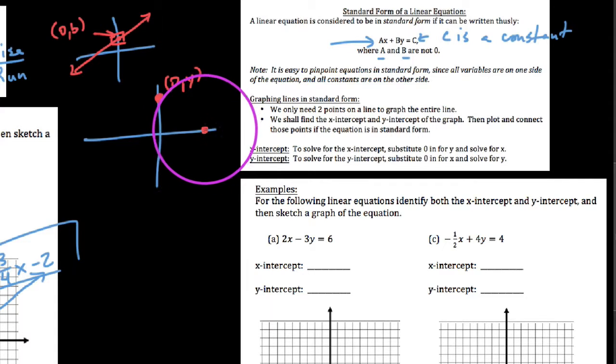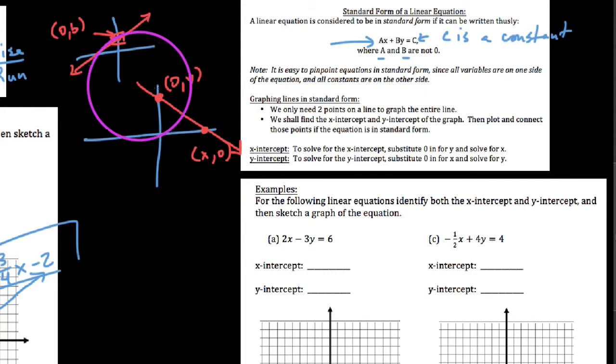And I know it hits the x-axis here at (x, 0). If I knew these 2 points, then I could say all the other solutions, because this is a line, have to lie along the line that connects these 2 points. So the thing that I'm wanting to point out here is this: when you're finding x and y intercepts, at